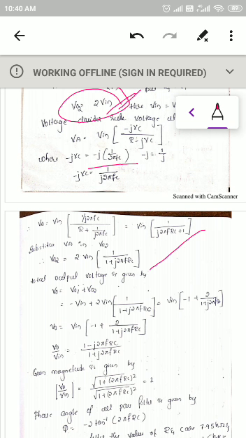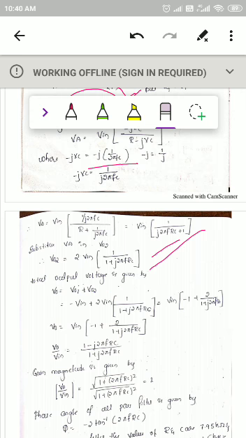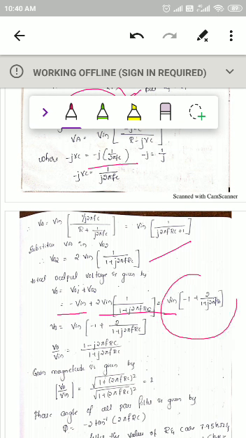So, the total output voltage of the circuit. When the input is given to the inverting terminal, we calculated Vo1. When the input is given to the non-inverting terminal, we calculated Vo2. Now we have to calculate the total output voltage of the whole circuit. It is the sum of Vo1 plus Vo2, the sum of when the circuit is operating in the inverting configuration and in the non-inverting configuration. Vo1 is minus Vin, Vo2 is what you calculated here. Just take Vin common, so it is minus 1 into bracket of 2 divided by this value. This you got.